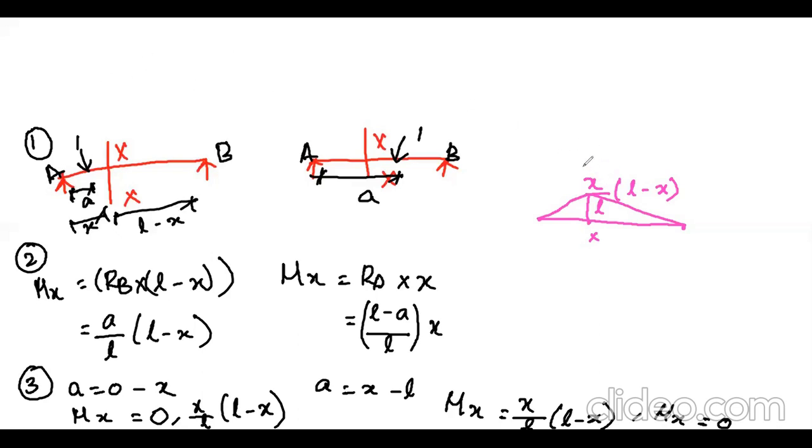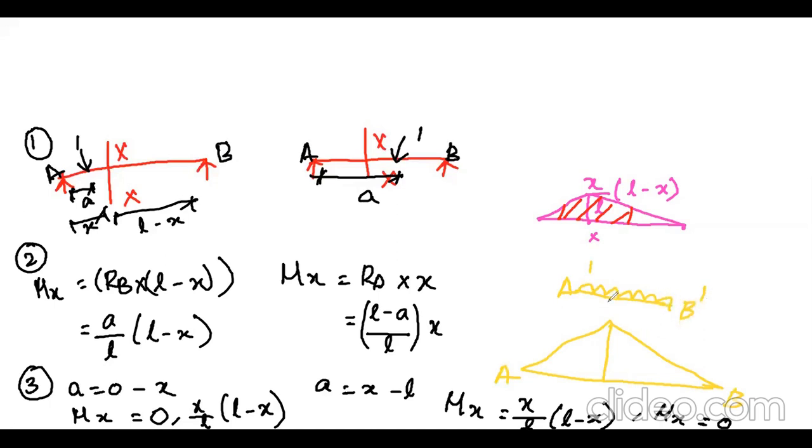So you will be confused here. In some cases it is very clear that this portion is greater, that portion is greater, but here it will be like this, so you will be confused. So let me take that influence line diagram separately and draw. Okay, this is the influence line diagram. This is A and this is B. Now I am considering one UDL. I am taking it as A dash, this as B dash.